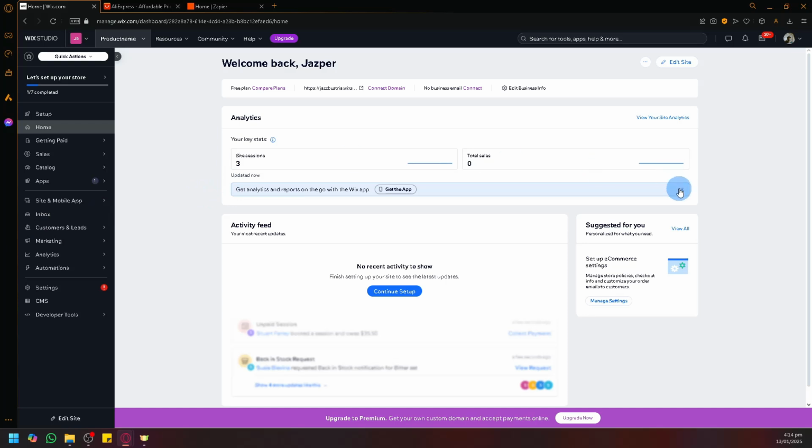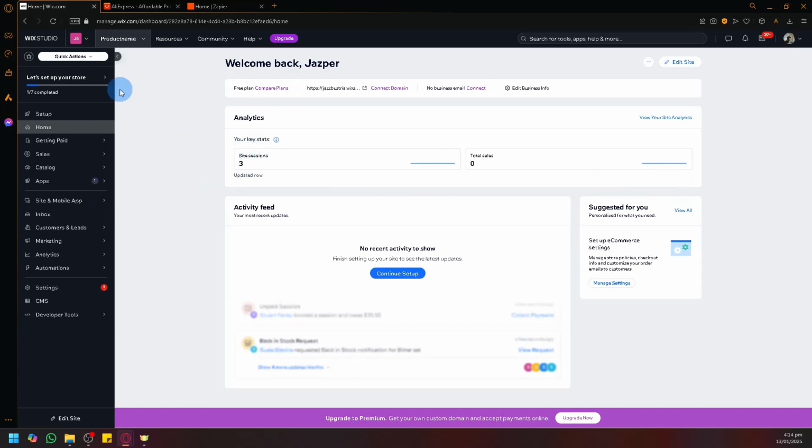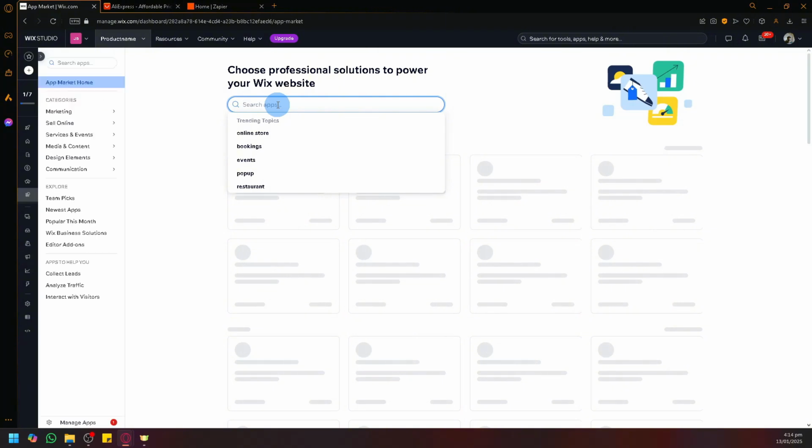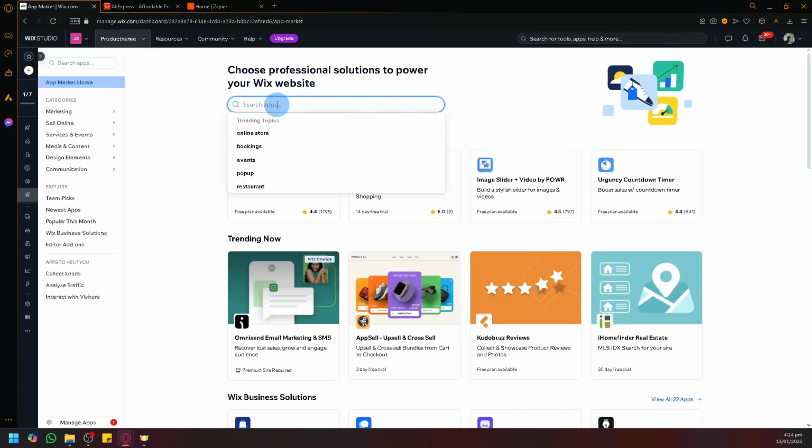In today's video, let's teach you how you will be able to have Alibaba together with your Wix Studio over here. So if you look over here on the left side, if you click on apps, we will be able to see all kinds of apps in the apps market. In the app market, this is where you should be able to check out if a platform can connect with your Wix website. So if you search Alibaba over here,